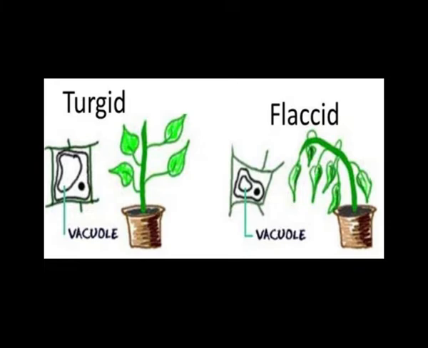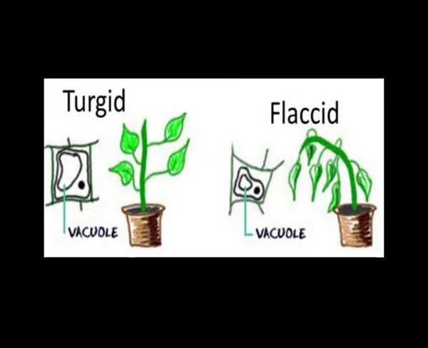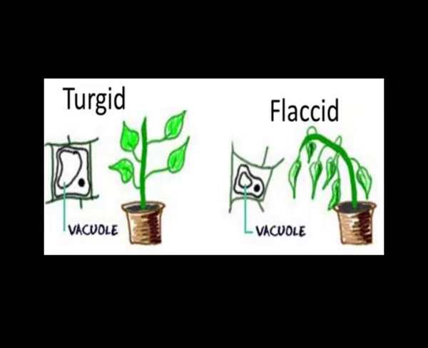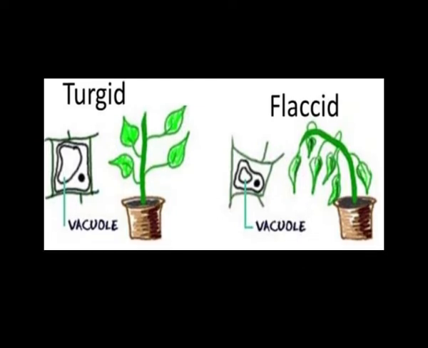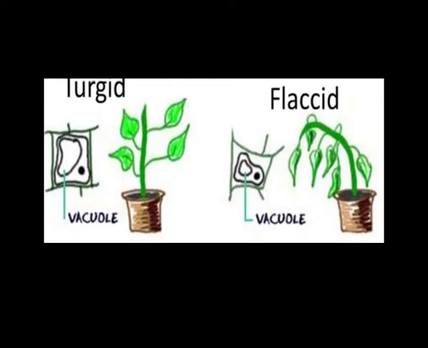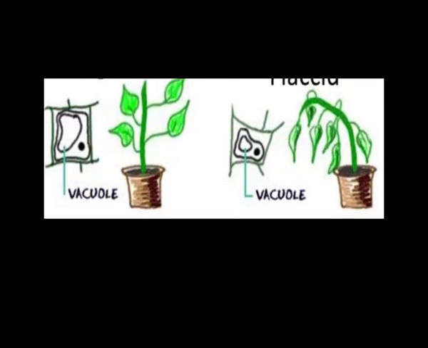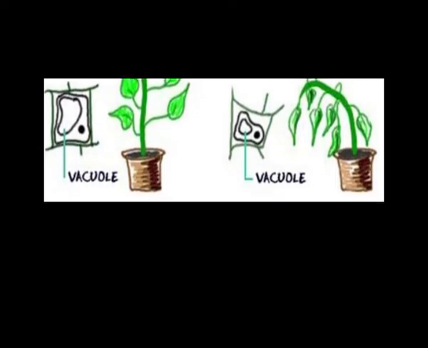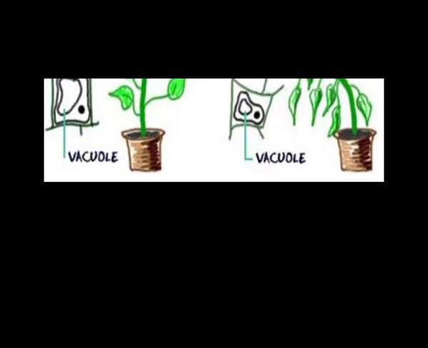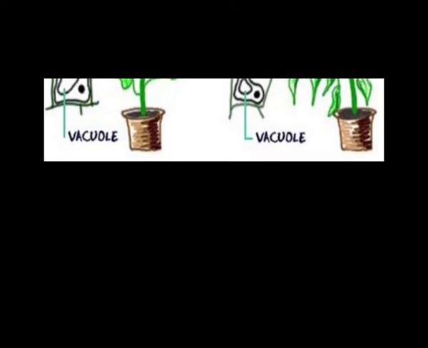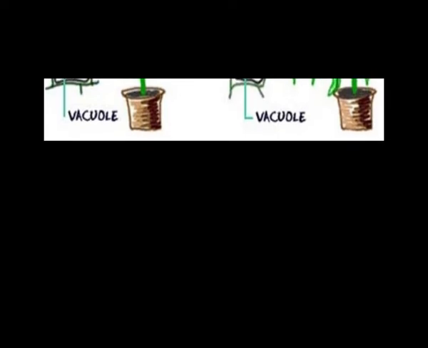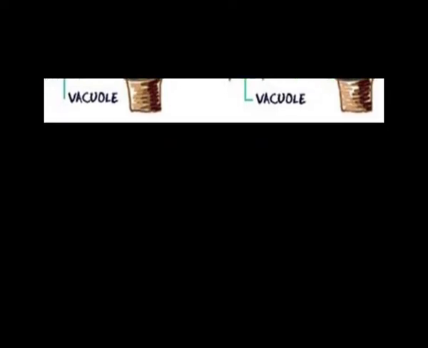Now weeds can be killed in a playground by sprinkling excessive salts around their base, isn't it? So excessive application of fertilizer in the agricultural field may similarly damage the roots and diminish the yield. This is due to plasmolysis. Salting of meat, addition of salt, killing of weeds, sprinkling of excess fertilizers, all are due to plasmolysis.